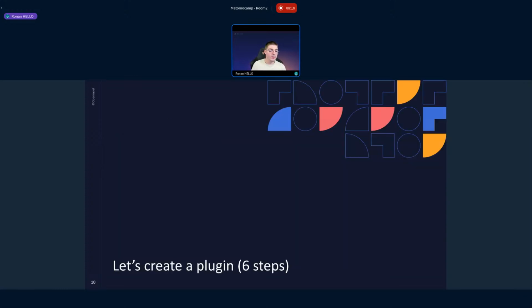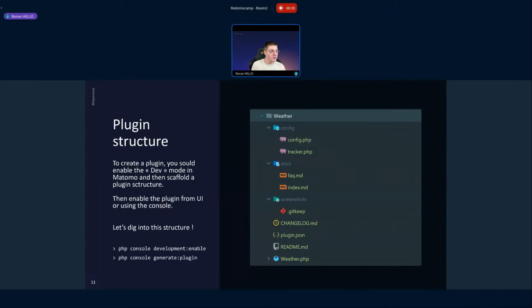So let's see how we can create a plugin. We will not deep dive into the code, okay? We will just see how a plugin works in broad lines, in 6 steps. The first thing you have to do is generate a plugin structure using the Matomo developer mode.